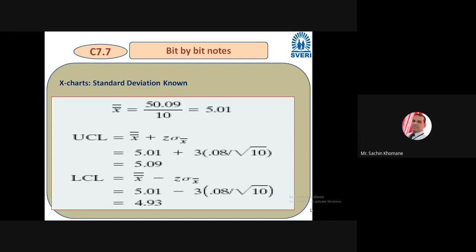In the examination this time there may not be drawing of charts and such numericals, but maybe in MCQ they may ask you to calculate the UCL, and they will give the data like X bar is so and so, Z value is so and so, and sigma X is given. Just calculate the UCL and LCL. In MCQ such questions may be there, and the answer may not be available on the internet most of the time if people change the values. So you should at least know the formula.